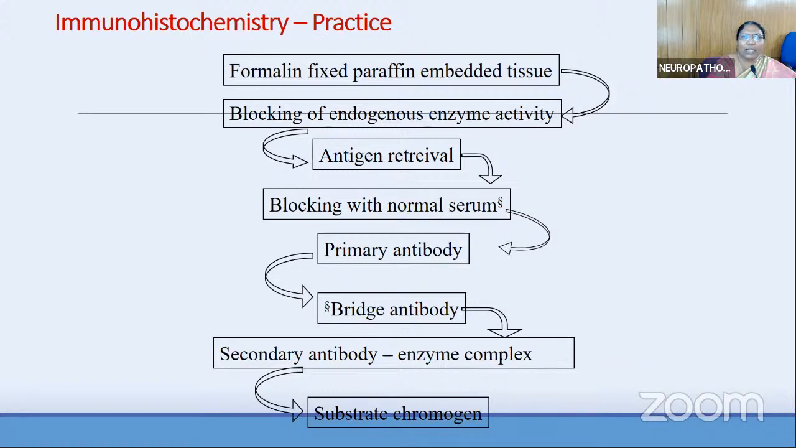Formalin fixed paraffin embedded tissue is taken, and it is blocked for endogenous enzyme activity, and antigen retrieval is done because formalin fixed tissue undergoes several processing procedures. Then comes blocking with normal serum for non-specific binding, and then the primary antibody, then the bridge antibody, which can be called a link antibody, the secondary antibody with enzyme complex, and then the substrate chromogen. DAB is a permanent